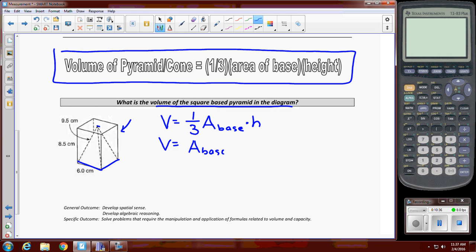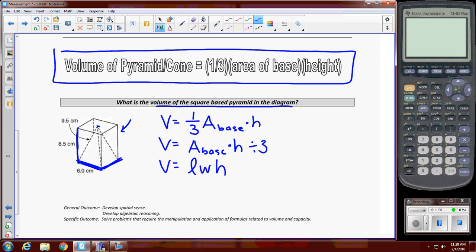Now, another way to write this is just to say I'm going to find the area of the base multiplied by the height, and then take that final answer and divide it by 3. Dividing by 3 and multiplying by 1/3 are the exact same thing. So a rectangular prism, it's sitting on this rectangle, or they say a square. So we have a length times width, and then times the height